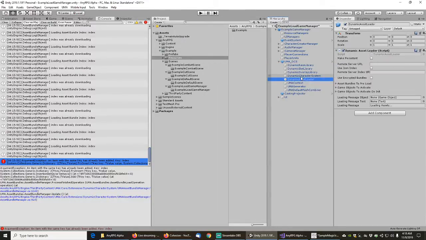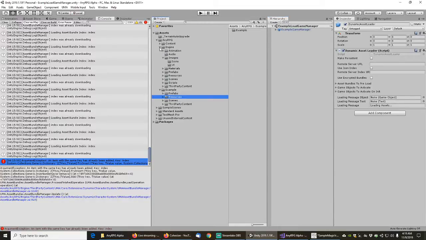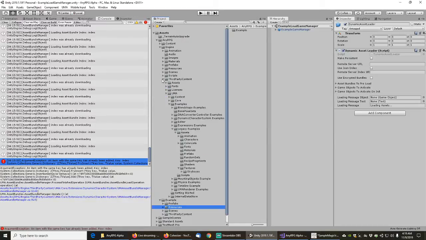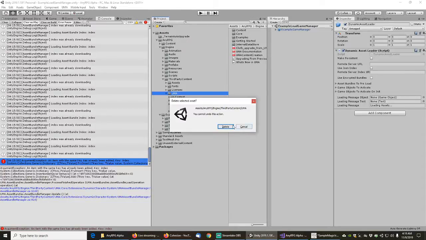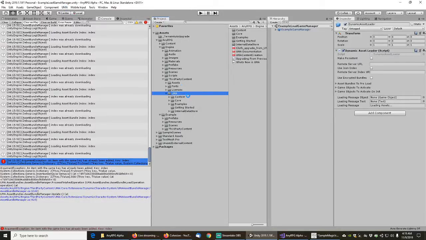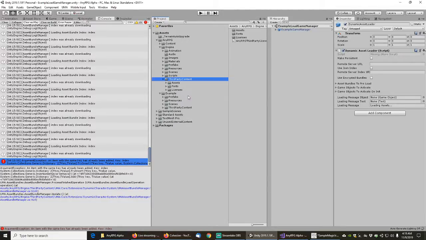And we have no more dynamic asset stuff. So then we can save the load game manager. I'm just going to collapse it here. And I am going to go, where did I put UMA? Right here. So under UMA, I'm going to delete UMA. And then I need to